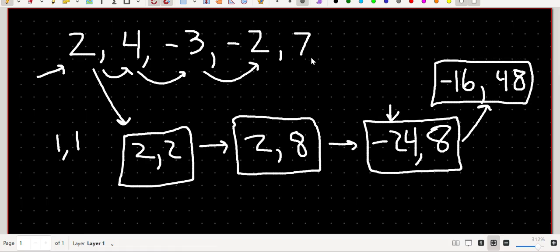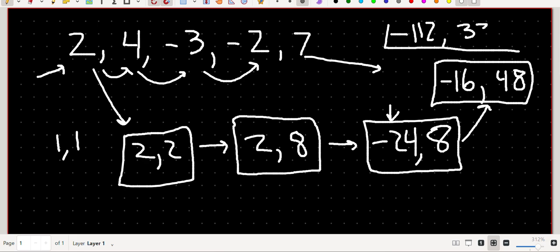And then we have 7, which I think the rest is just stating the obvious at this point. So you're going to have negative 112 and 336. And finally, you're just going to return that greatest value here, 336, and that's going to be your result. So that's really the entire solution to basically solve this in big O of n, because we're going to go once